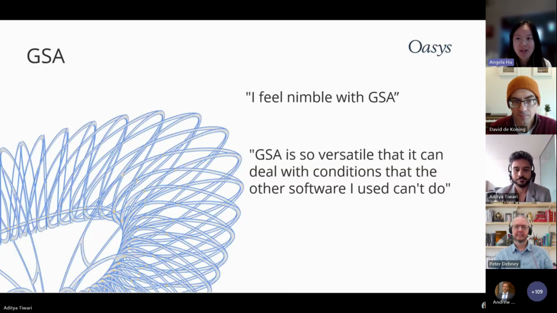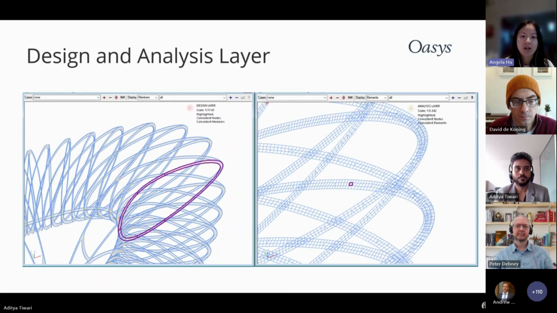So GSA, as you may know, stands for General Structural Analysis. And that's exactly what it does. It enables users to flexibly model any type of structure, analyze it, get the results, and then design it accordingly. So what I'm going to talk about today is how we give control to the users to make a lot of these decisions. So the first concept in GSA that I want to share with you is the concept of having